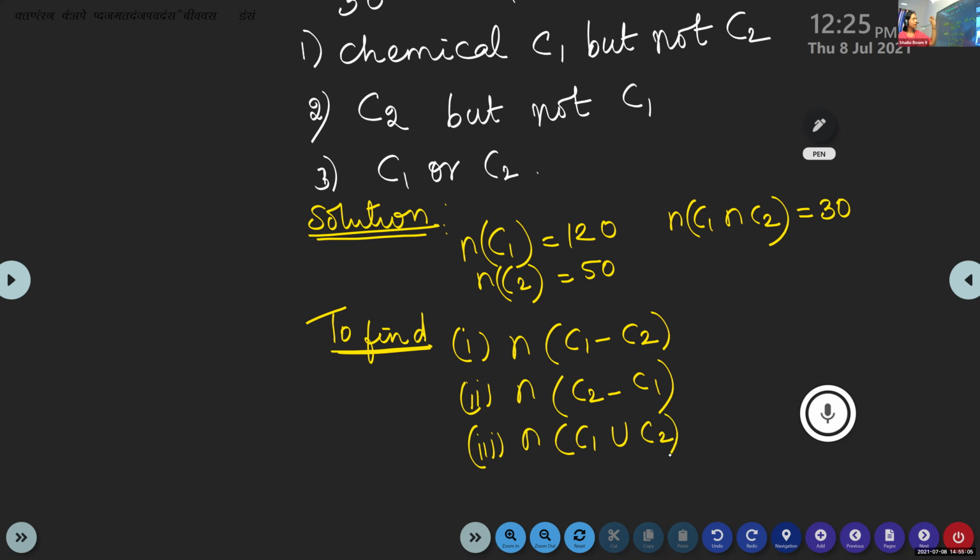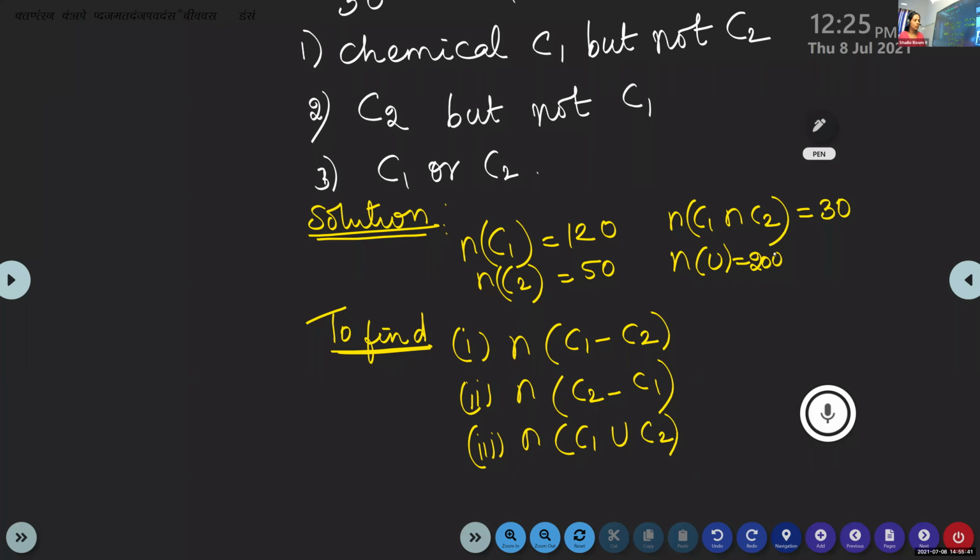So in the question, in the beginning one number is given there. There are 200 individuals, isn't it? What is that number representing there? Here we want to find C1 union C2. Then what about that number 200 in the beginning? There are 200 individuals with skin disorder. What will that be? That is the universal set. Number of elements in the universal set, N of U.